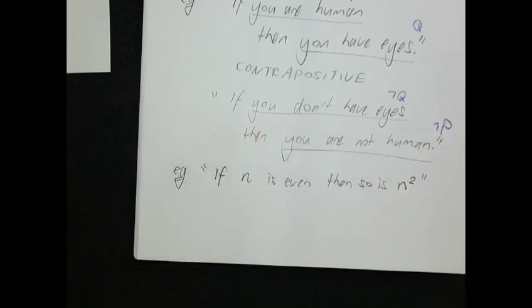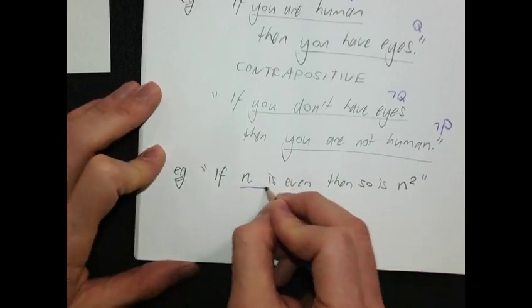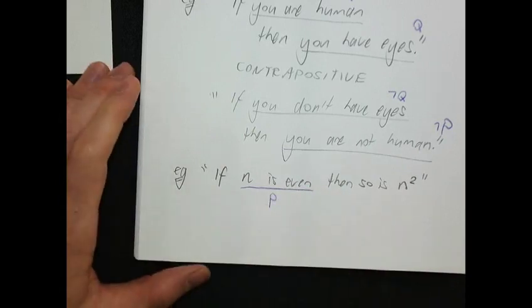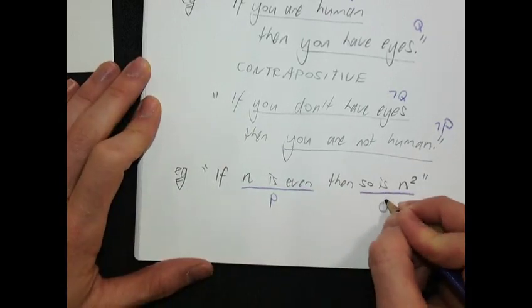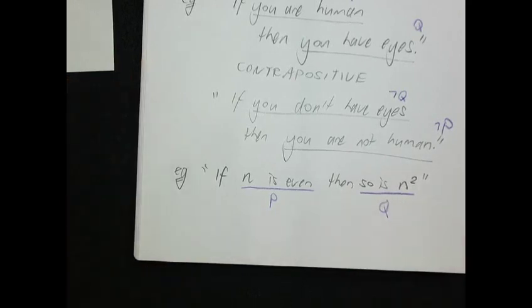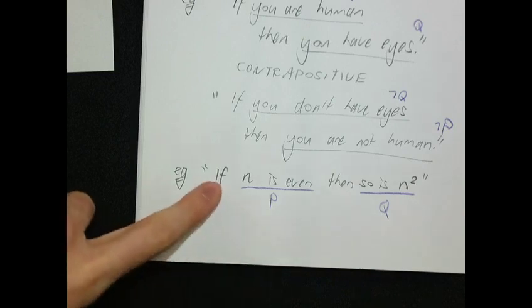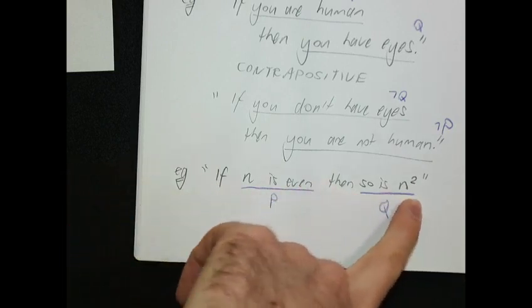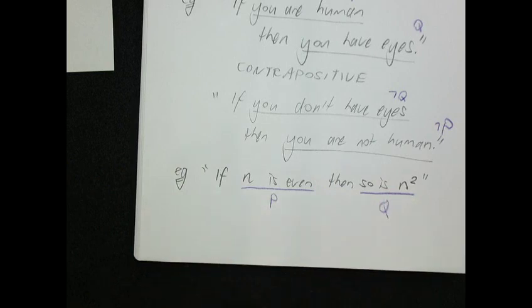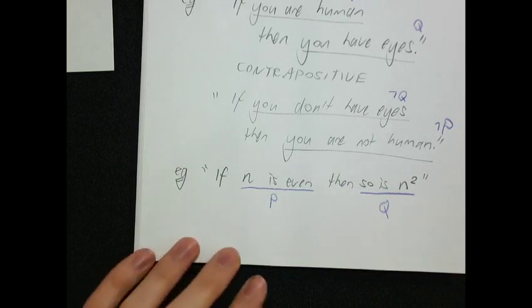if n is even, then so is n squared. Okay? So we have two statements here. We have P, that n is even, and Q, so is n squared. Now technically that so is n squared can't stand alone as a statement in its own right because the so refers to the previous thing. So I'm going to have to divorce it from the so in order to do that. So I need to think of this as if n is even, then n squared is even. Okay, so that I can turn it into a statement that can stand alone by itself in order to reverse them. So the contrapositive